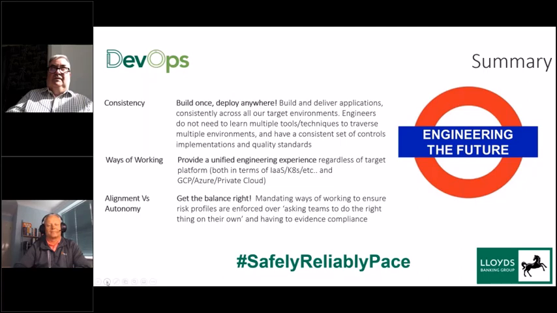They want to be able to talk the same language, so they'll be using Jira and they'll be using Confluence, and the thing they're working on will be different in syntax only. Somebody will be in JavaScript, somebody might be writing COBOL. So the alignment versus autonomy is back to getting the balance right.